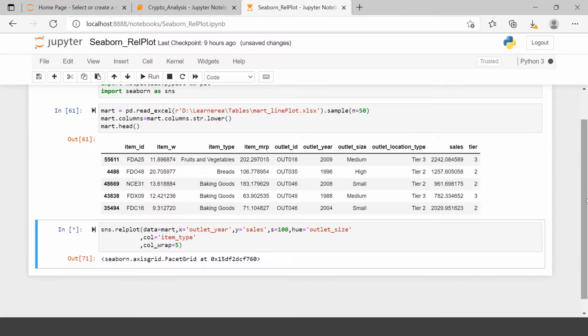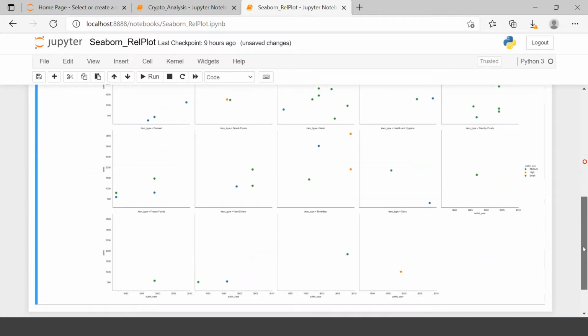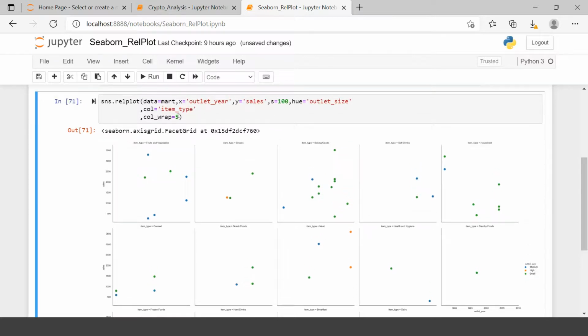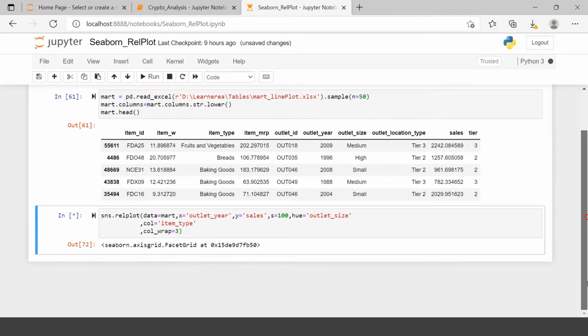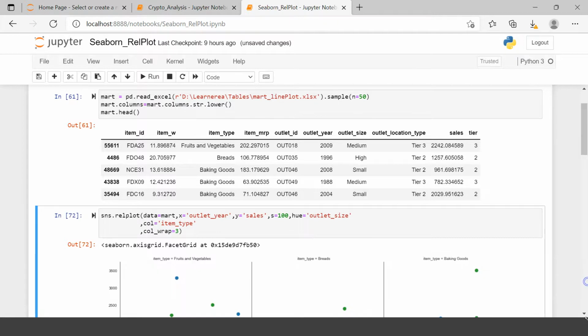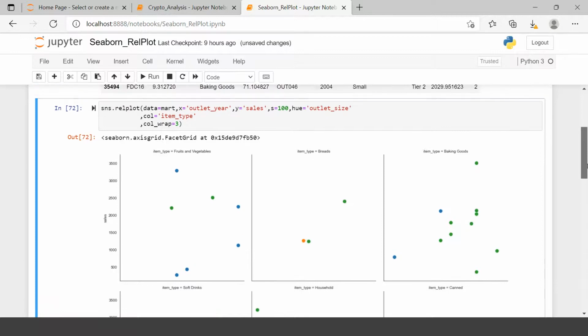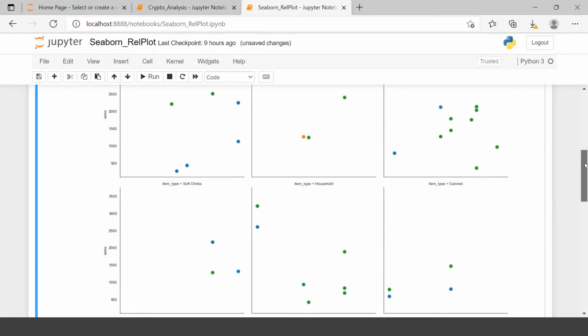This happens because relational plot works on top of FacetGrid, and that's why you will be able to use this functionality. If you want, you can further reduce or increase the number of columns like this. Whatever number of columns you want, you can just adjust that. So here we had 15 unique items, so we're going to have 3 columns and 5 rows. Like you can see, you are not giving the number of rows, you are just giving the number of columns, and the rest of the things are extended to different rows.